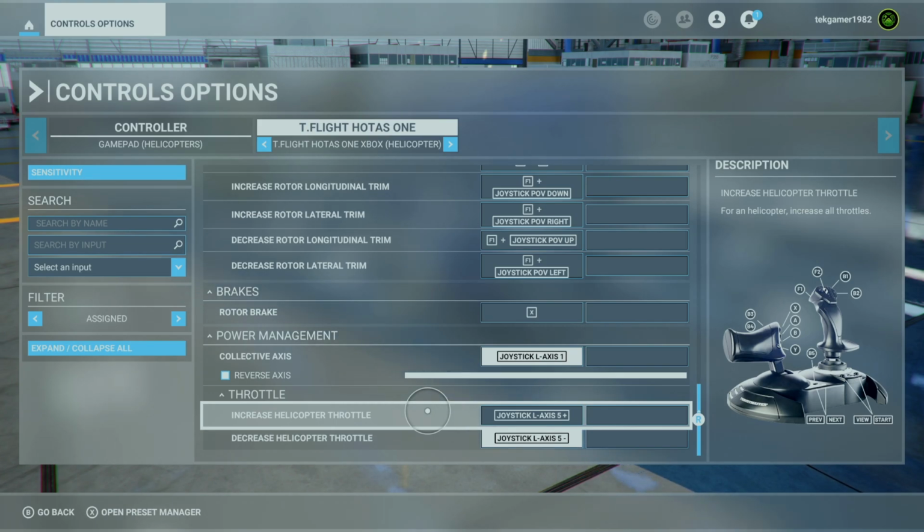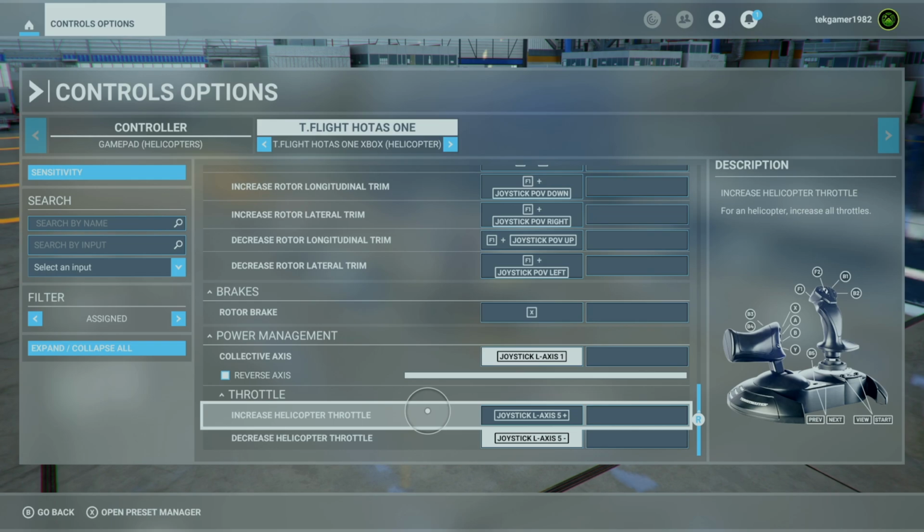Now, what you just saw me do here applies to any flight stick that is supported with Microsoft Flight Simulator. Depending if it's the Xbox or the PC, that could be a Thrustmaster. It could be any flight stick that is supported. When you plug in that flight stick, you should immediately get what I saw before, where it pops up and says a new device has been detected. And then you want to go ahead and configure it.